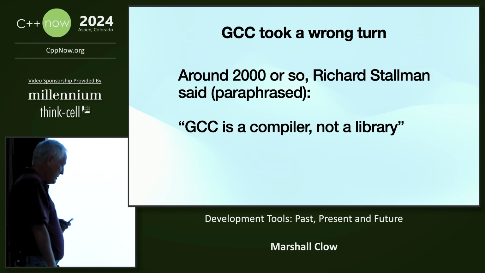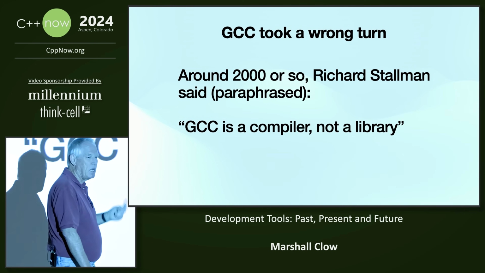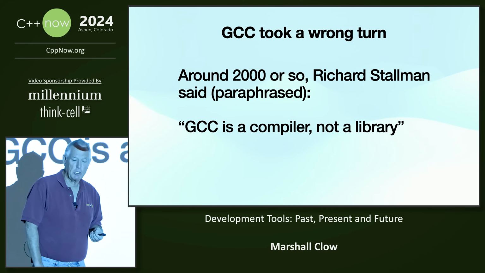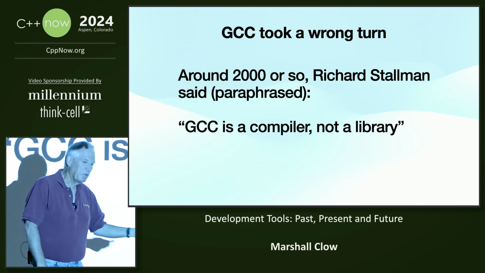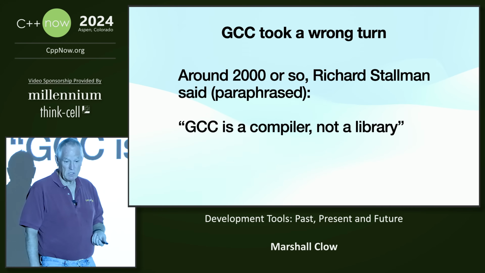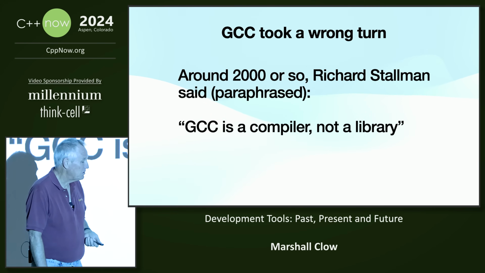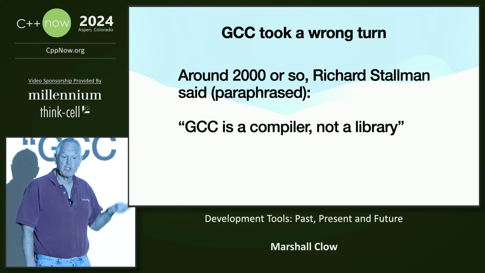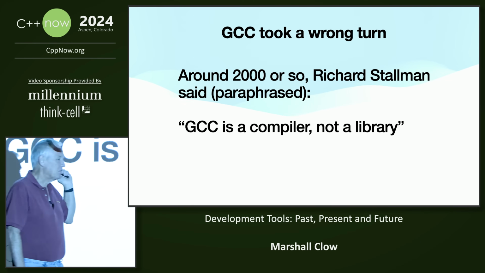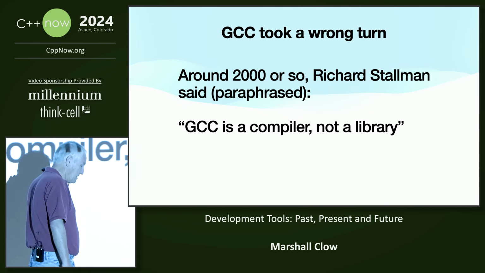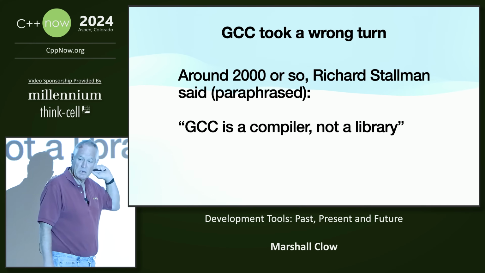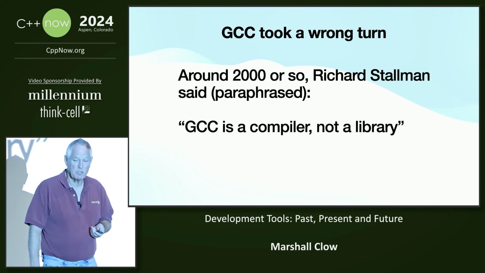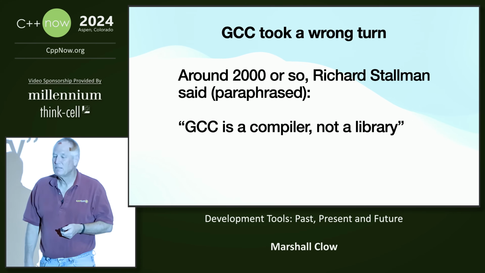And what does he mean by that? He meant that they did not want to provide the functionality of being able to use the compiler in other tools. There's lots of discussions about this. You can go look up years of discussions. They're still having this discussion. But the concern was licensing issues and people writing tools around GCC and then maybe selling them. And you know how the Free Software Foundation feels about that.